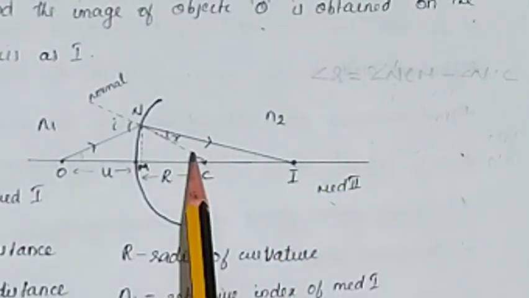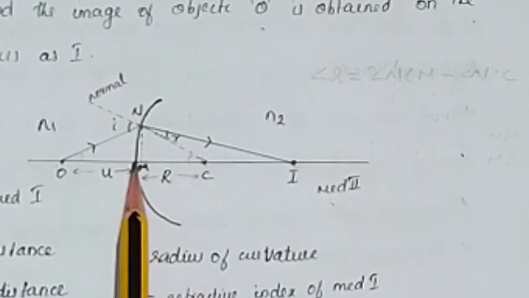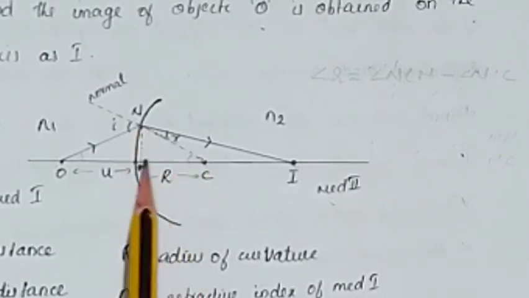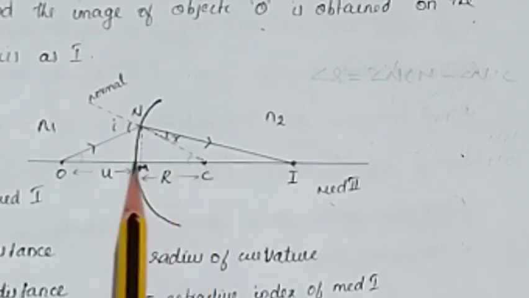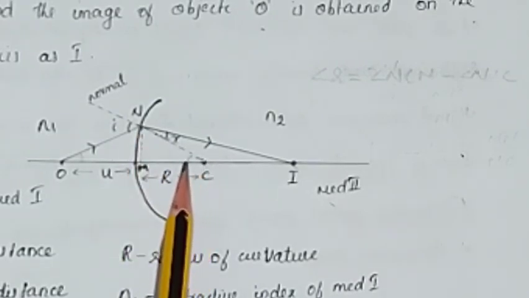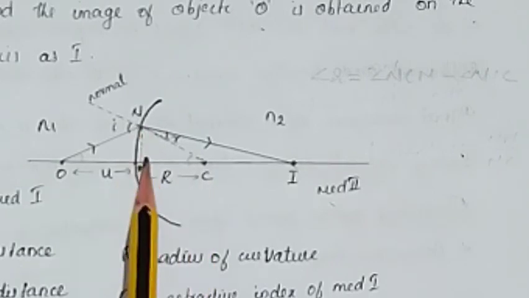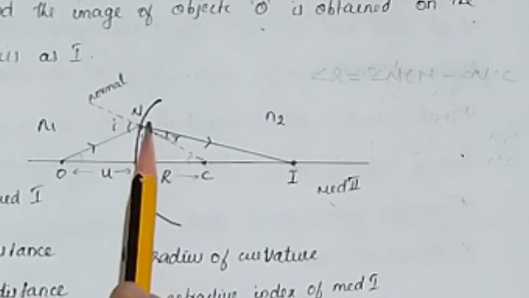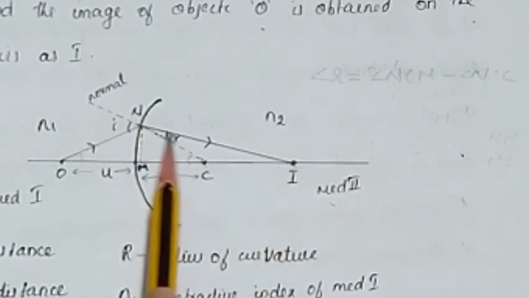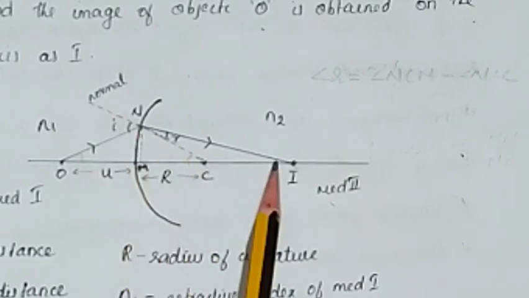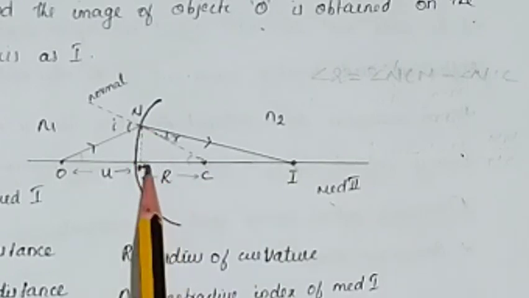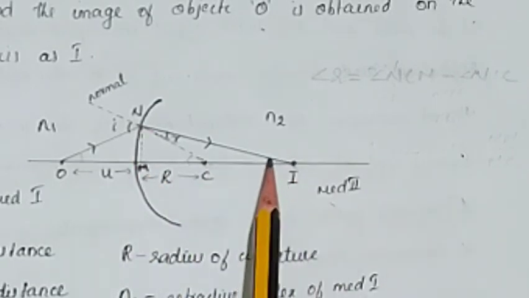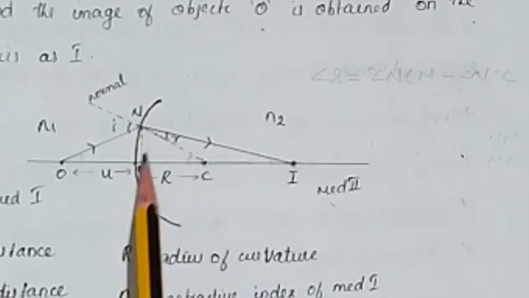That is, we have to know the angle NCM. For that, we can consider the right angle triangle NCM itself, from which we can write tan of NCM is equal to NM divided by MC. And when we consider the larger right angle triangle NMI, we can write tan of angle NIM is equal to NM divided by MI. So using these two right angle triangles, we can obtain the angles NCM and NIM.